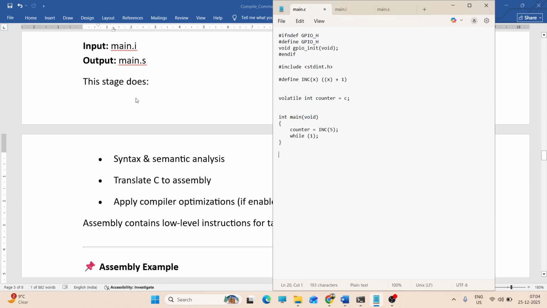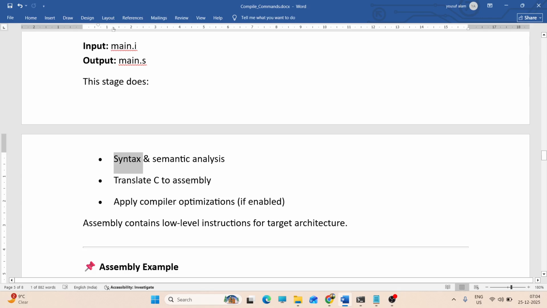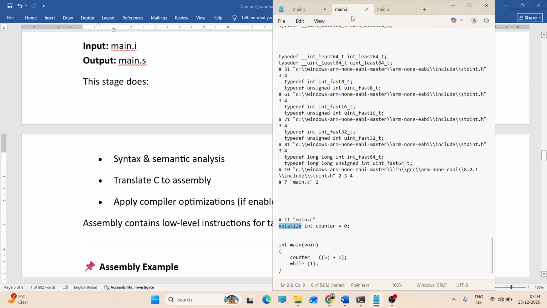सो इस स्टेज में इसका एनालिसिस होता है एंड ट्रांसलेट सी टू असेंबली। तो हम लोग देखे थे डॉट आई फाइल में एक्चुअली में क्या रहता है, एज इट इज सी कोड ही रहता है, बस इसमें एक्सपेंड कर देता है या कमेंट को ओमिट कर देता है, हेडर फाइल की जो फोल्डर है वो सबको इंक्लूड कर लेता है। लेकिन ये सी कोड ही एक्चुअली एज इट इज रखता है। जैसे वोलेटाइल कीवर्ड था, तो वोलेटाइल कीवर्ड को एज इट इज ही रख दिया इन्होंने, लेकिन डॉट एस फाइल ने इसे कन्वर्ट कर दिया असेंबली कोड में।